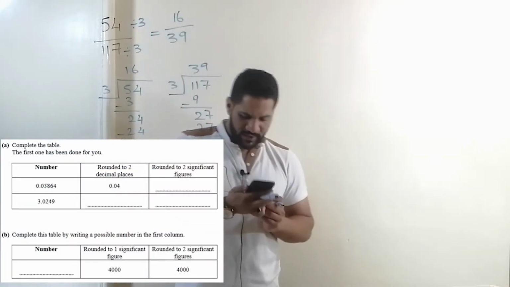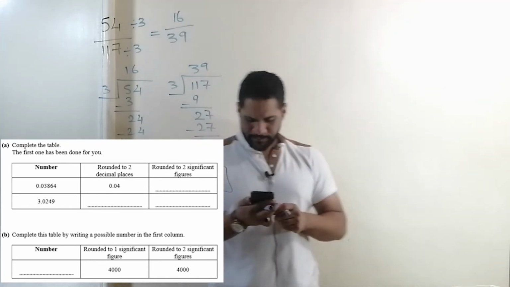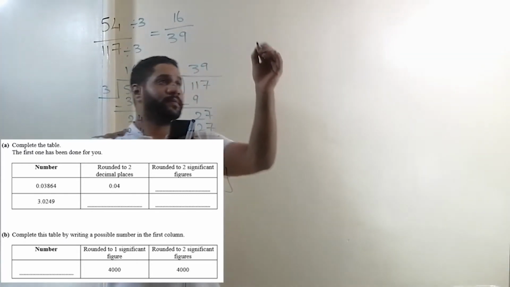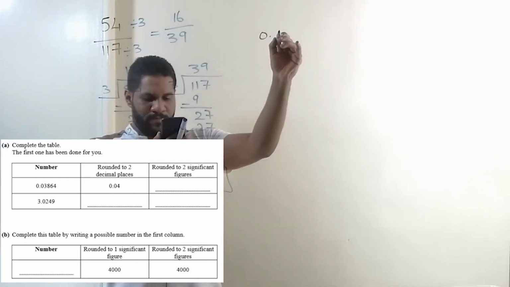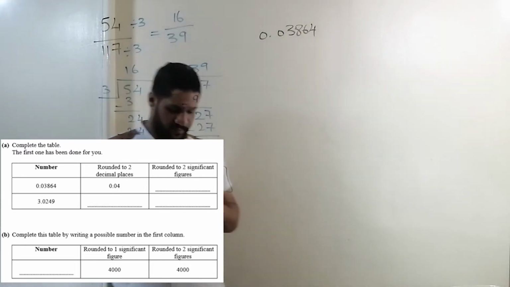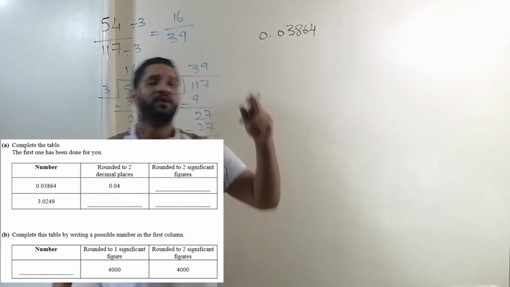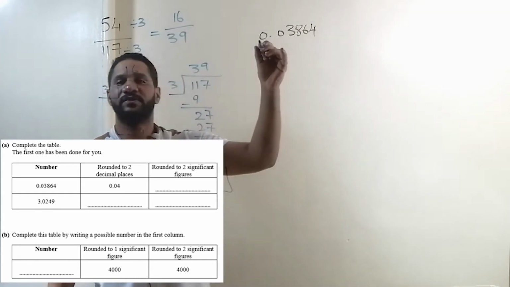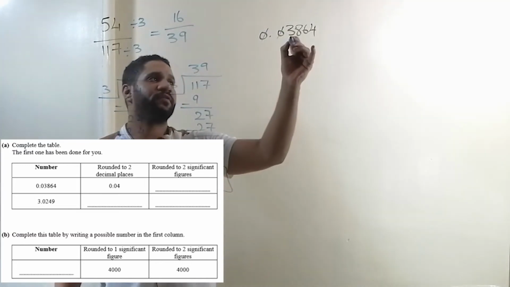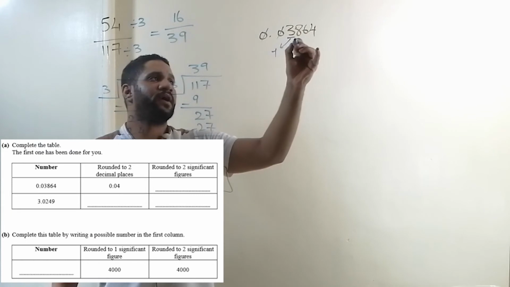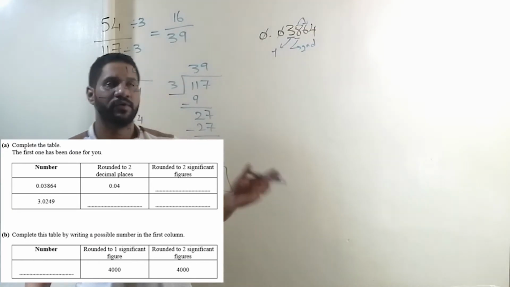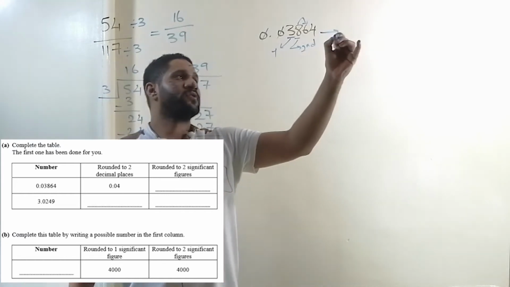If you look at question 20, he gives me this table, as you can see, and here are the numbers. He wants me to round this number to the second significant figure. Of course, we said before that the 0 at the start of a number is not a significant figure. Also, this 0 is not a significant figure. 3 is the first, 8 is the second significant figure. Beside 8 is a strong number, so 8 will be increased by 1. So the answer is